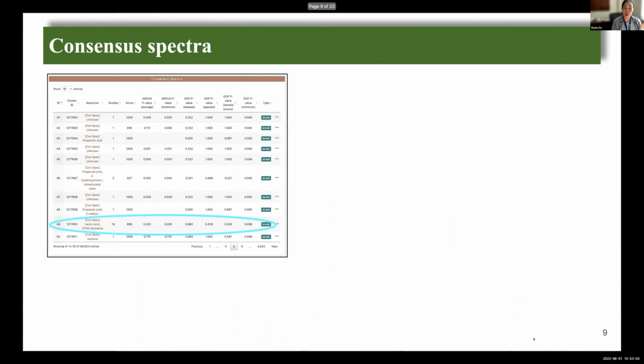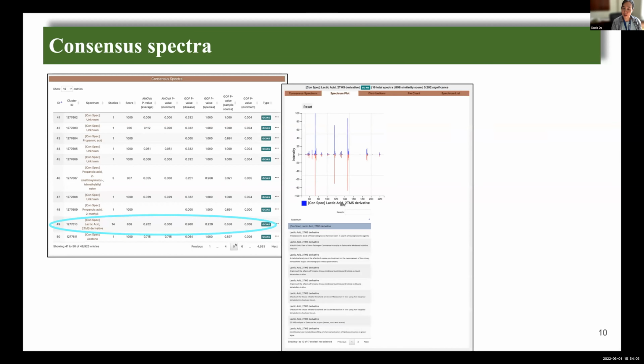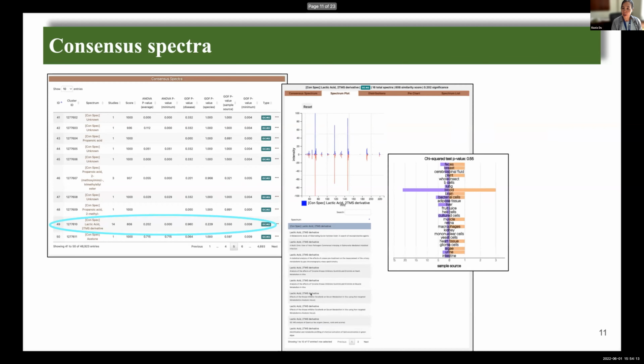If we go into a little more detail to look at the consensus spectra that we have constructed, for example, here is a particular consensus spectrum among close to 47,000 of them. If we click, we can see all the original spectra that we have extracted from various studies. We can also see in this particular cluster the distribution of sample sources and other tag values, like diseases and instruments, as I showed earlier.